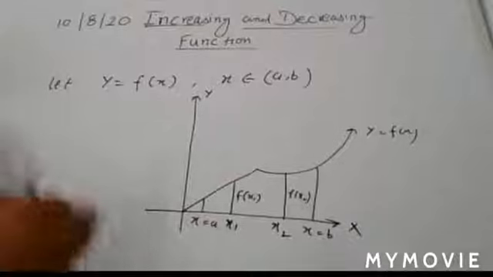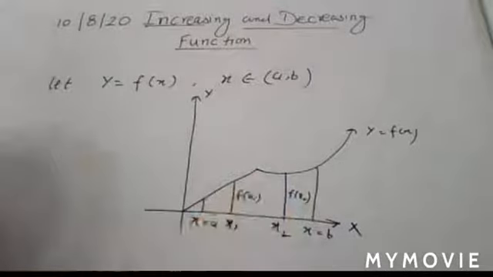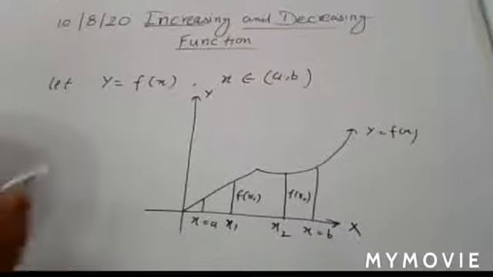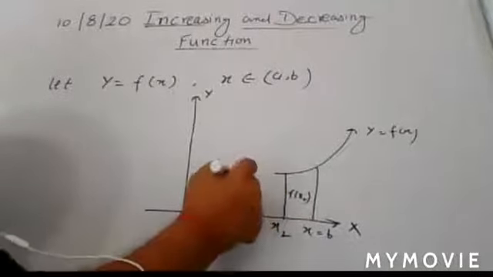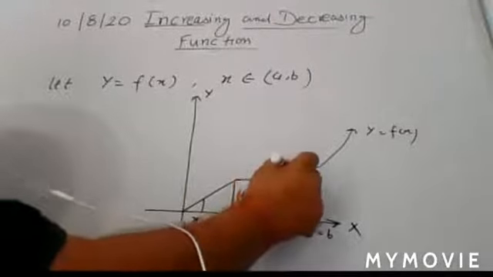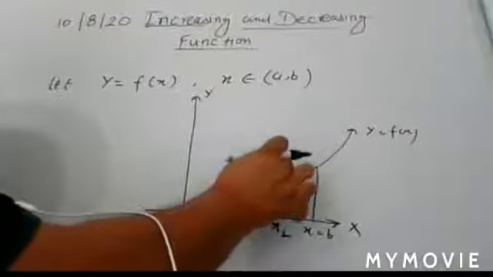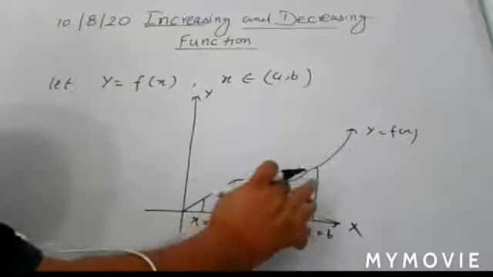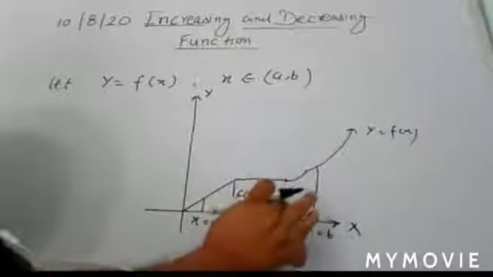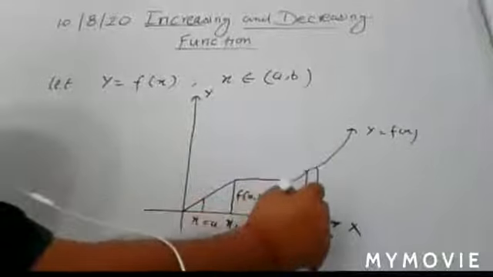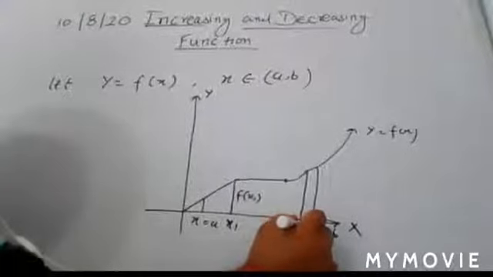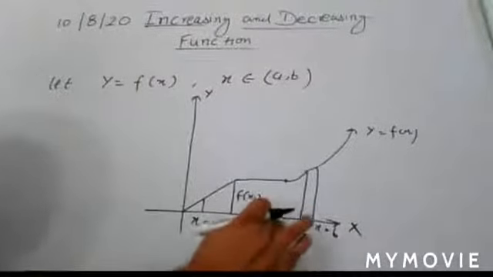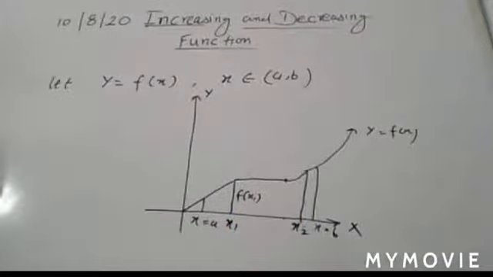If such conditions are there, or maybe there are some situations in which the values can also be equal if you draw the curve like that, in this case that is also said to be an increasing function. If you join them in this way, you can say that this is also the situation of an increasing function. Understand? Suppose I shift it so that x is equal to b, and the point x2 is given here. At some of these points, you see that the values of the function are equal for different values of x.